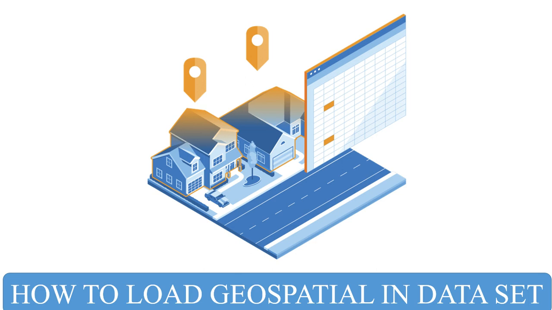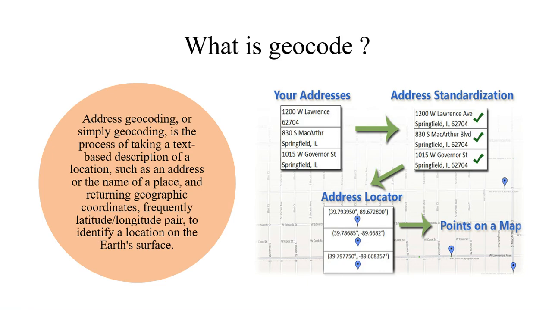Now let us load it. What is geodata, what is geospatial data, what are latitude and longitude, how are they generated in a detailed way, and how are geocodes generated? Let us look at that. First, geocode. A geocode just standardizes the addresses, and the address will be reformulated into latitude and longitude,